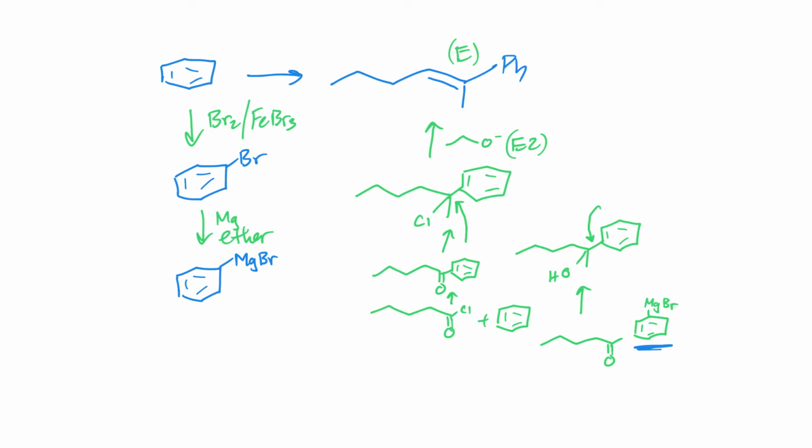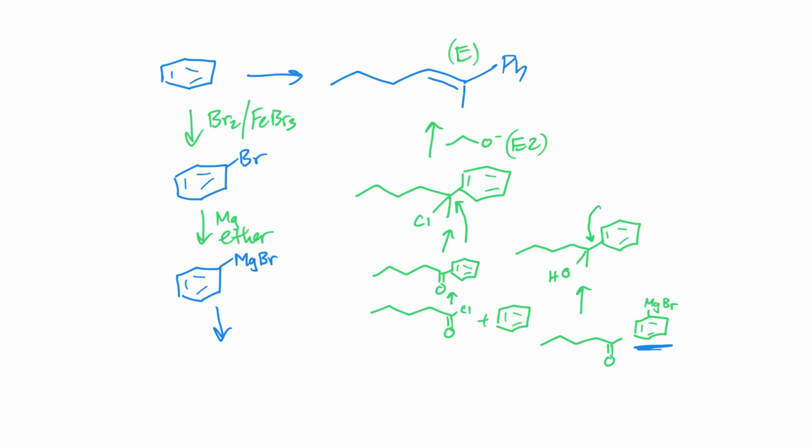Now I have my good nucleophile, and I used an electrophilic aromatic substitution step to add a bromine to the ring. Now I can turn that phenyl bromide, into phenyl Grignard. And then I can react the phenyl Grignard